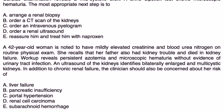And then finally, a 42-year-old woman is noted to have mildly elevated creatinine and BUN on routine physical exam. She recalls that her father also had kidney trouble and died in kidney failure. Workup reveals persistent azotemia and microscopic hematuria without evidence of urinary tract infection. Ultrasound of the kidneys identifies bilaterally enlarged and multicystic kidneys. In addition to chronic renal failure, the clinician should also be concerned about her risk of...